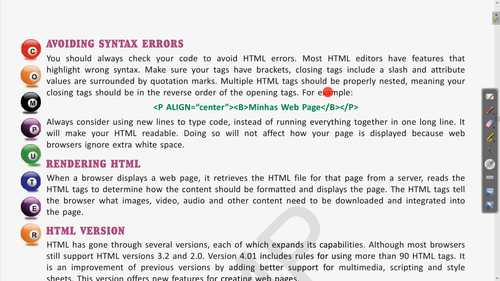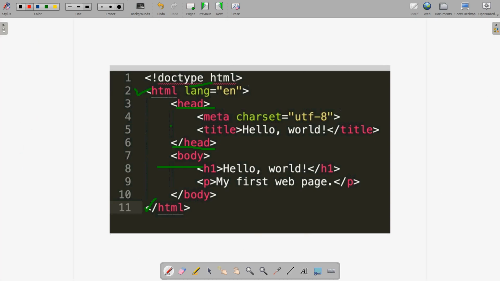Multiple HTML tags should be properly nested, meaning your closing tags should be in reverse order of the opening tags. What is the meaning of nested? The program which we have seen, this program which we have written, is a nested program. Suppose in the beginning we have started with the HTML tag, then after the HTML we write the head tag.